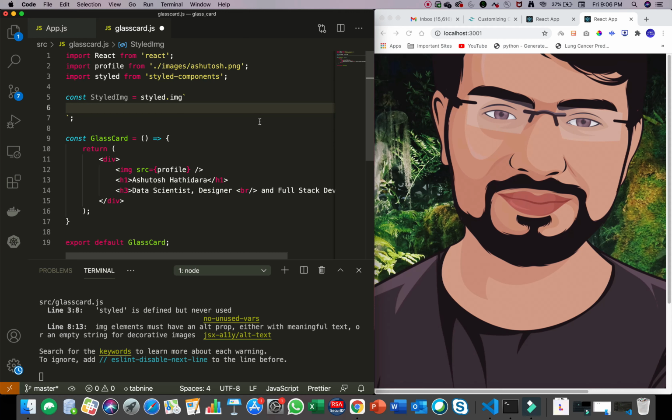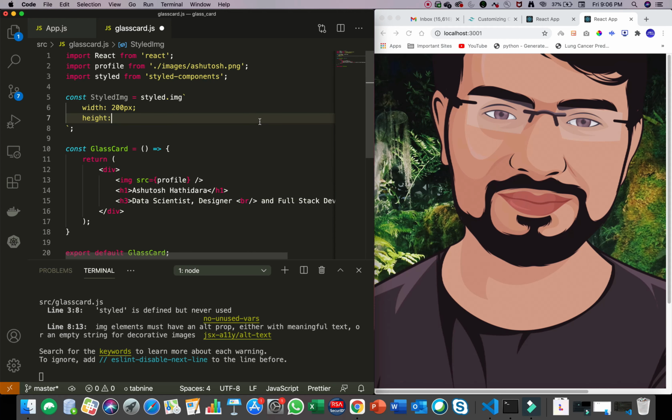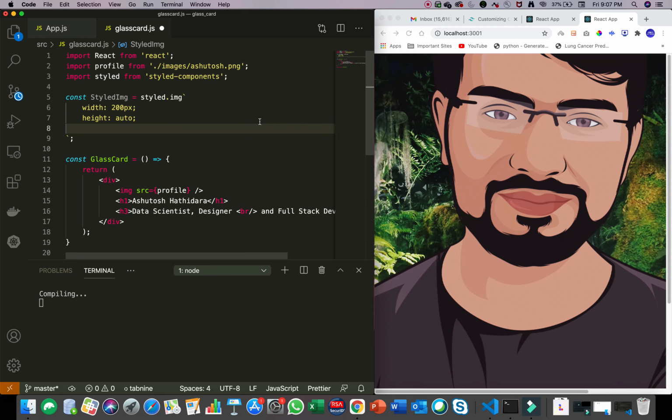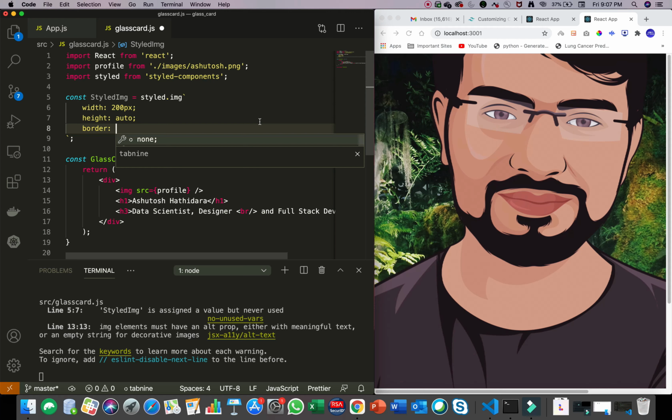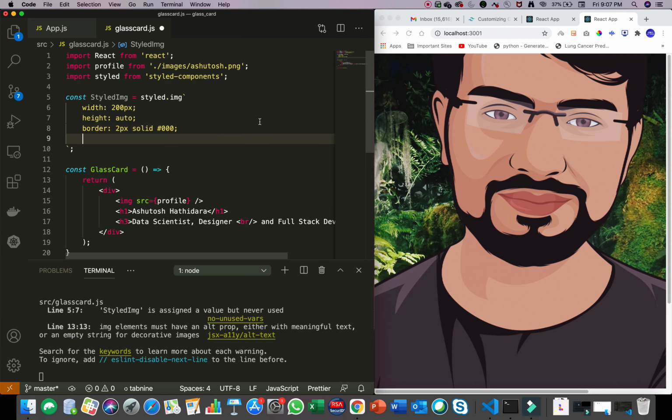First of all, we want to reduce the size of our image, right? So I'll write width 200 pixels, and height auto. Let's say I want to give some border as well, so I'll write 2 pixels solid black border, and border radius 50%.